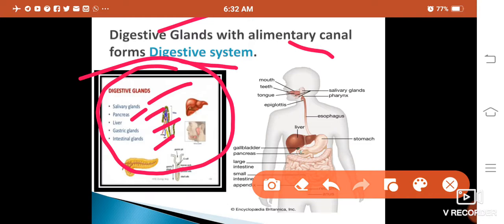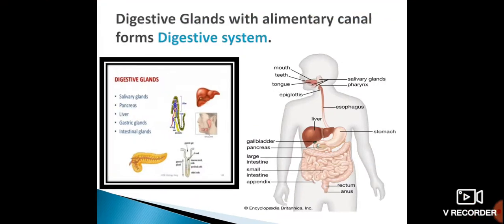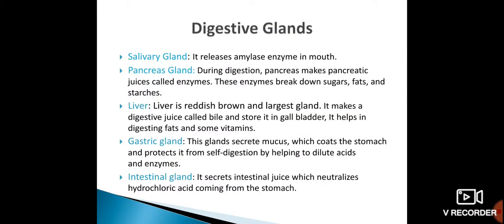Here in this diagram, at the location of the salivary gland, you can see the liver. Make sure that every organ of the digestive system is at the proper place in your diagrams. So about these digestive glands,